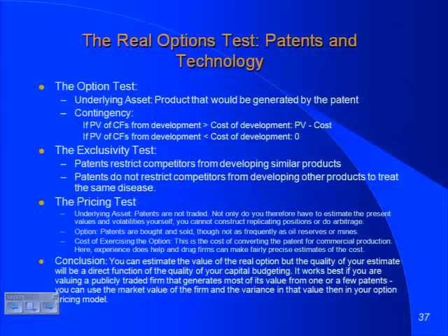Can I apply option pricing models to value this? Now I'm on dangerous ground because neither the option nor the underlying asset is tradable. So when I come up with a $907 million value for Avonex, if you said, how are you going to monetize that value? I'd say, I'll try to sell it to Merck for $907 million, but if they pay me $650 million, I'm going to take it because that's the best I can do. So I think there is value to applying real options with technology and patents, but don't get carried away. Because you don't have complete exclusivity, it's going to be very difficult for you to monetize the value. You're going to very quickly start to see value disappear.